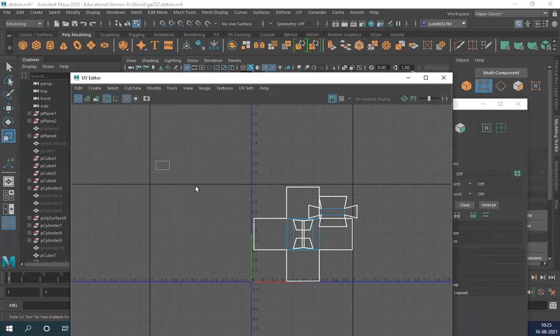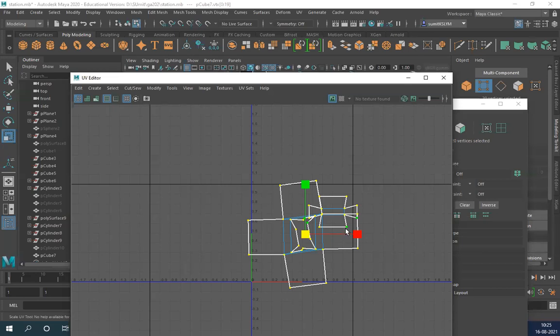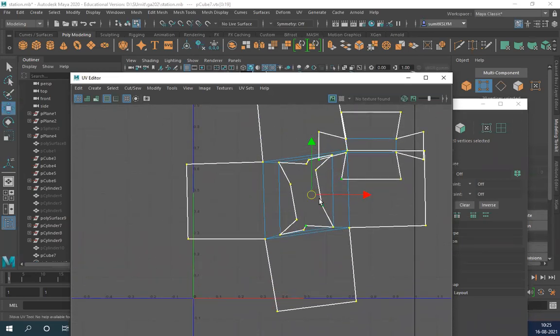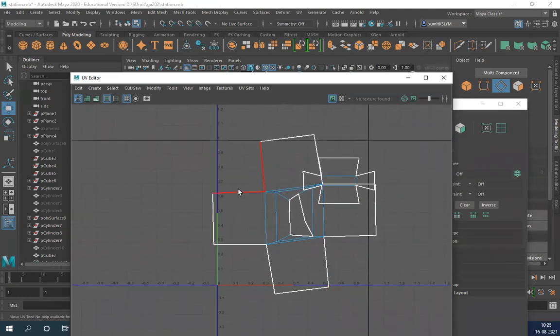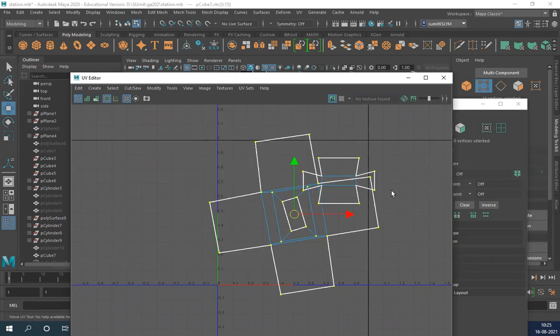Let's unfold them nicely. To unfold, it's creating some issue. If I can solve it very easily. Unfold, and I can clear the screen and unfold it nicely again.